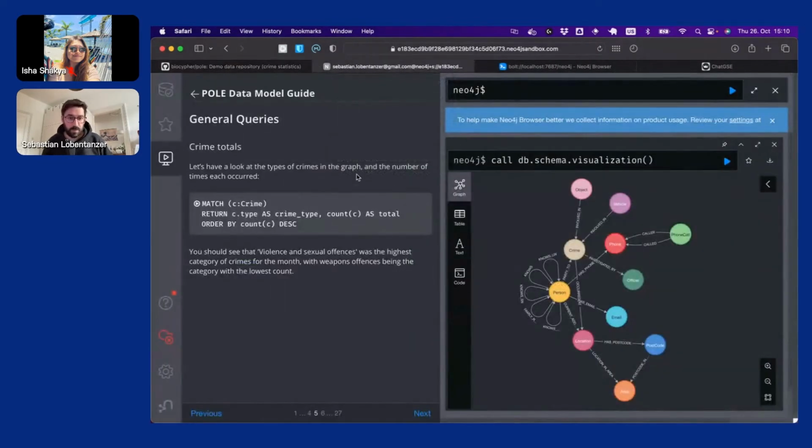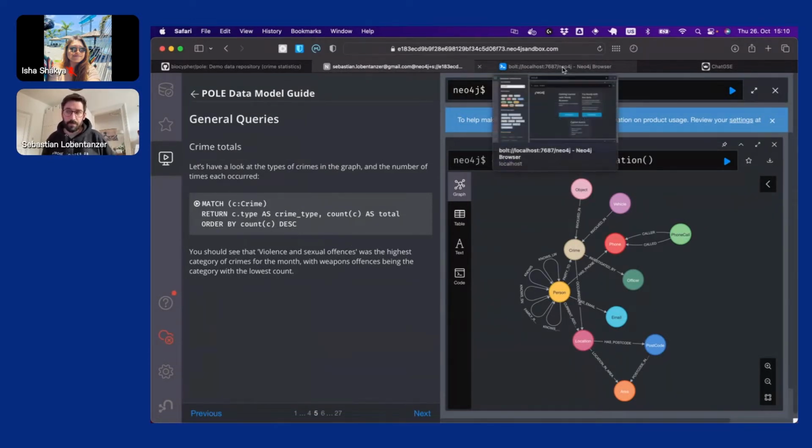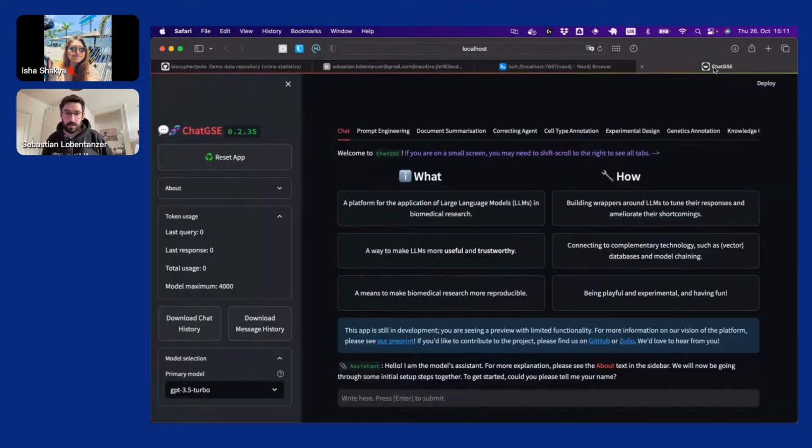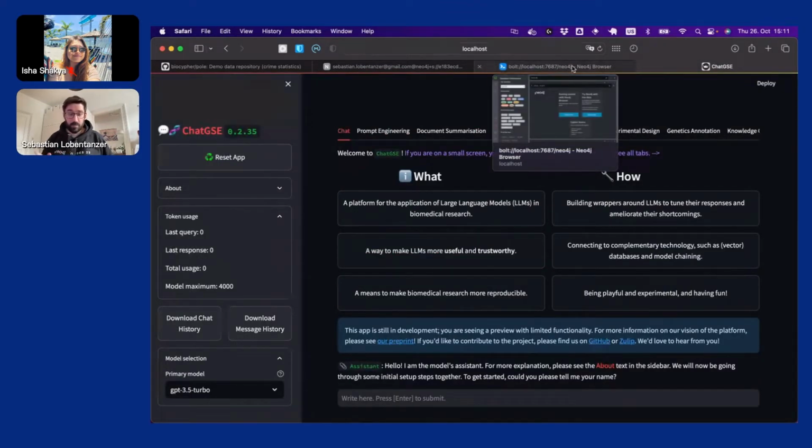And here is a sandbox of the Neo4j example that I created on the Neo4j sandbox server with this kind of guide, which we will use to go along. Here is the database that was started by the Docker container, and this is the app that was started by the Docker container. The same app that you can see on chat.biocypher.org, but the online version is kind of limited and you can only look at a demo.